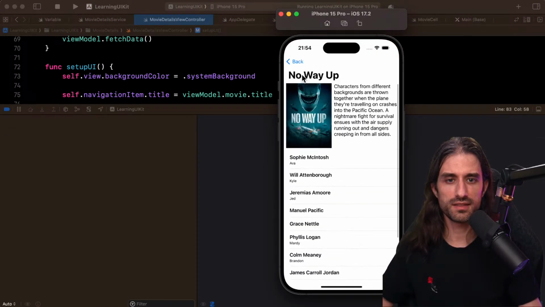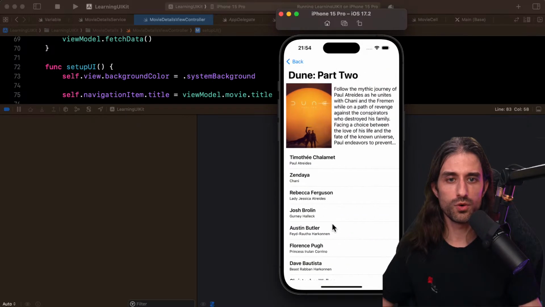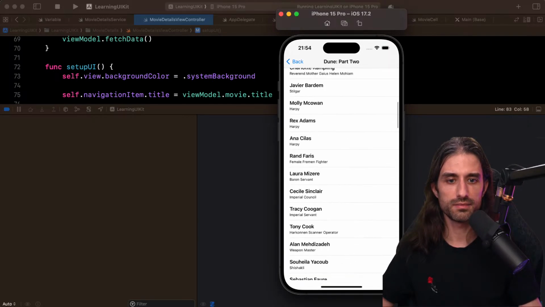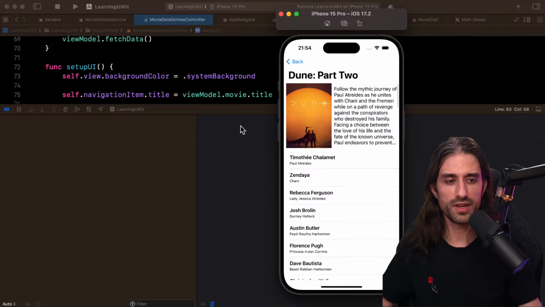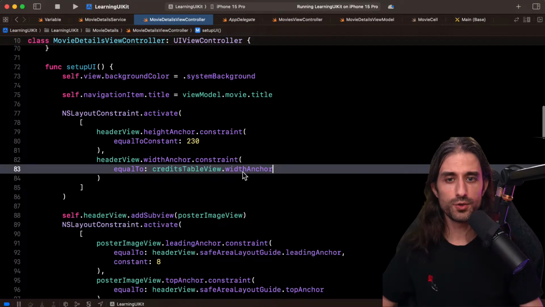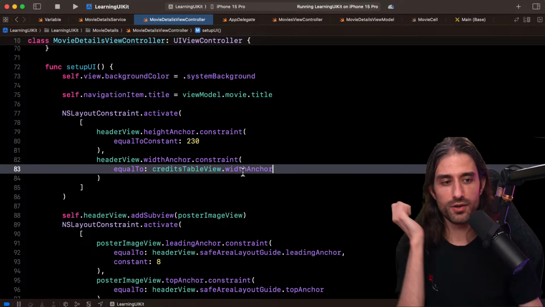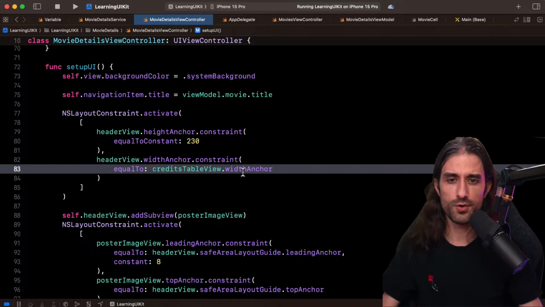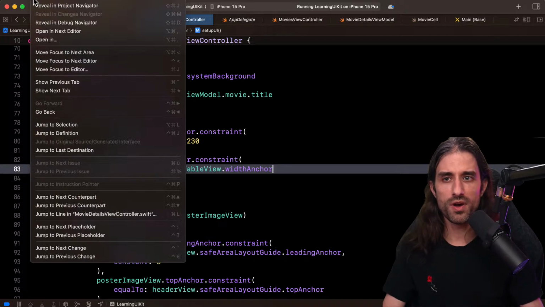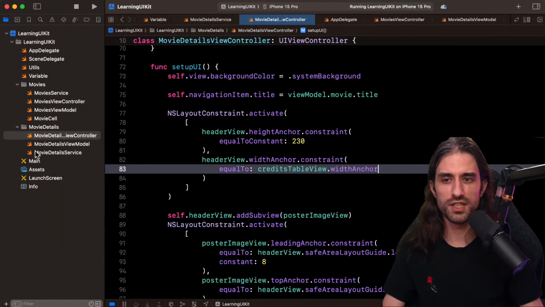And so now you can see that it scrolls, everything scrolls together, and that's arguably better from a UX point of view. So I've showed you almost everything I wanted to show you. I think now you have a nice overview of how a UIKit project looks. One last thing I wanted to show you to finish is